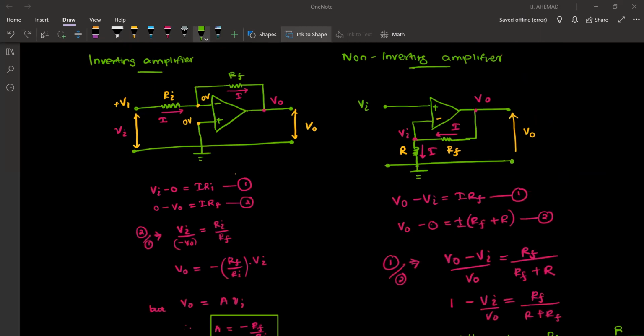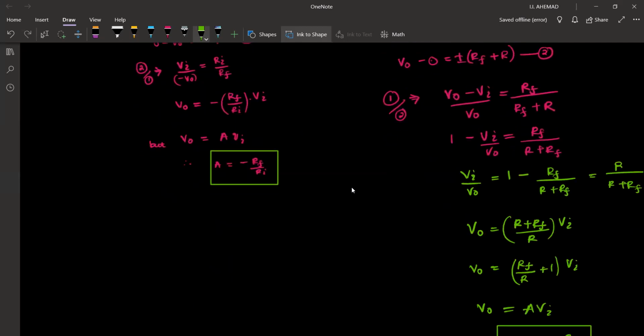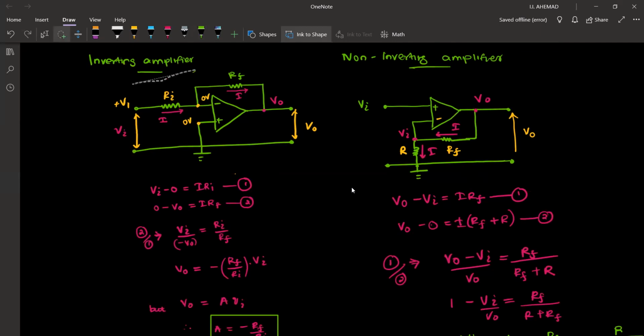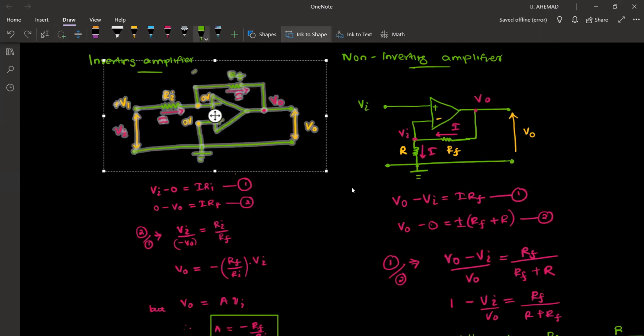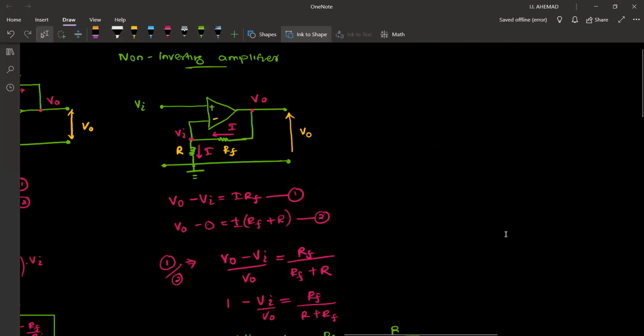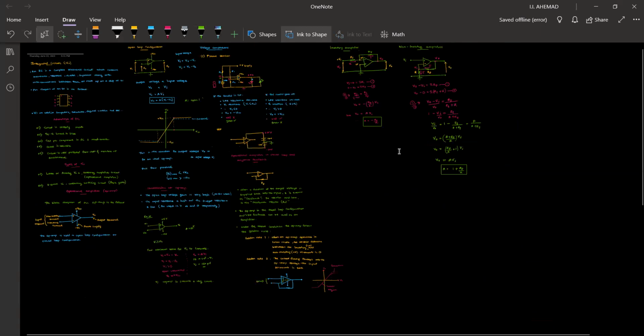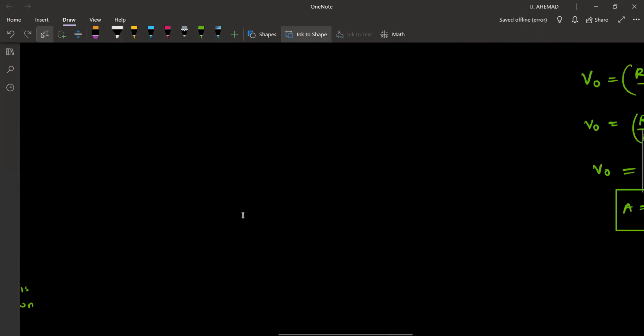Now, how does this negative feedback actually help this operational amplifier work as an amplifier? What I'm going to tell now is something extra, so you don't need to know it, but if you know that idea, it would be much better. Okay, so just listen. Now let's consider this inverting case. In the inverting situation,